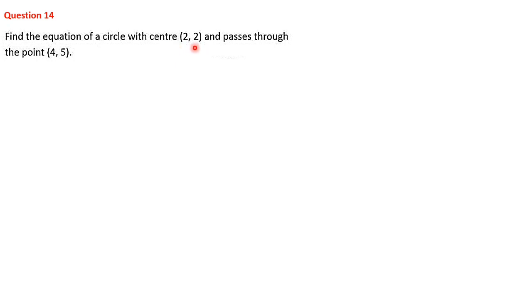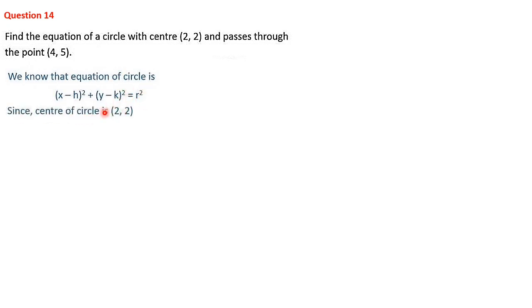equation of a circle, because for making the equation of the circle we need the center and the radius. But the center is given to us, so here only one thing we have to calculate, that is the radius. For that one condition is given. So let's write it. Equation of the circle is (x - h)² + (y - k)² = r².